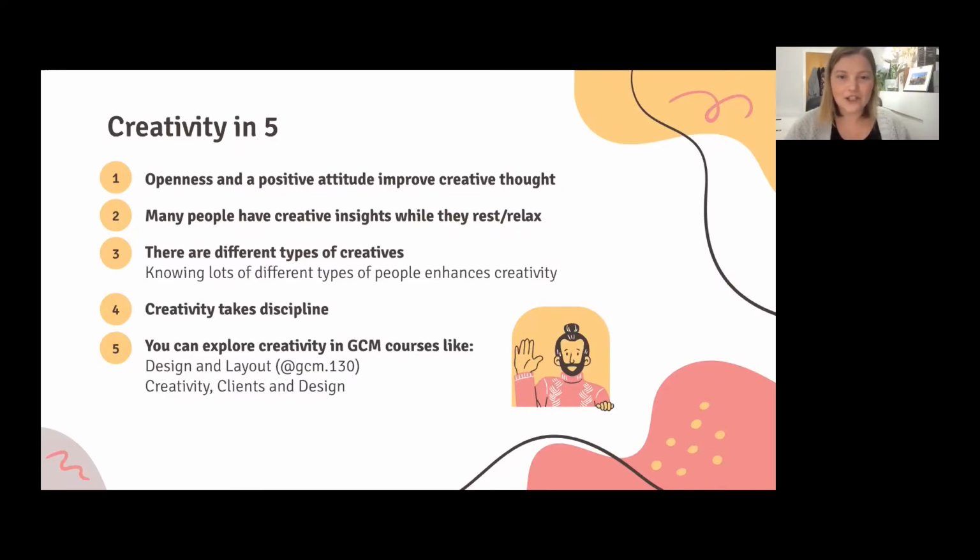The other thing that I wanted to share with you, and by the way, I didn't want to clog up these slides with a lot of references and research, but these are all researched facts. The other thing that researchers say about creativity is that creative insights often happen when you're relaxed and resting. That's important because we work in a program that's fairly creative, and you sit down to do your homework under the stress of, oh my God, I've got to get this done, and that's not really when the magic happens.